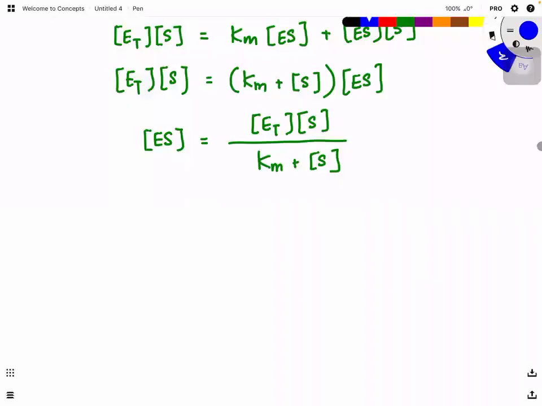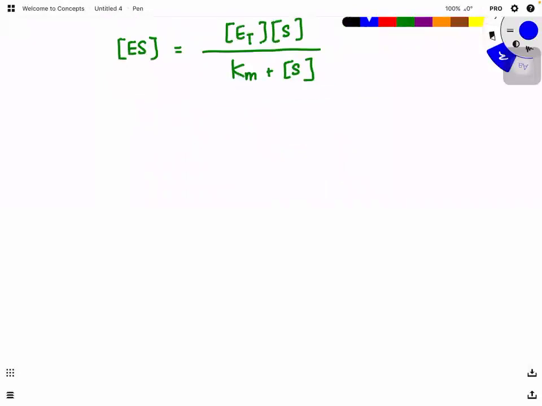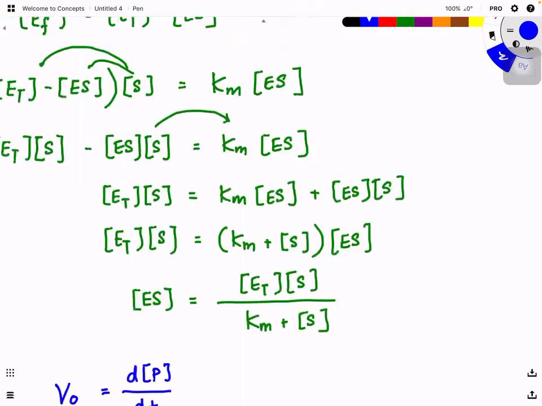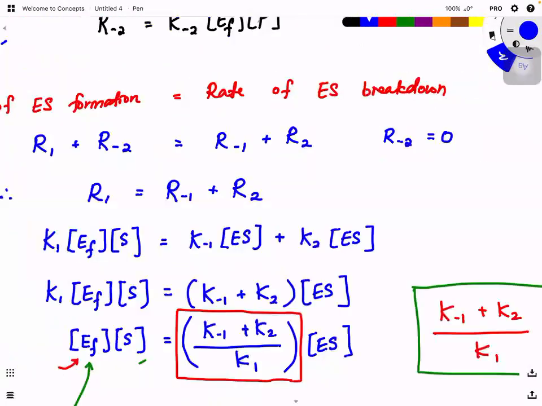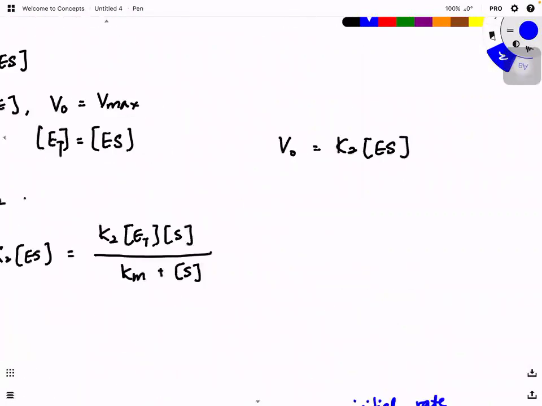So now we know that's the Km plus substrate concentration already. So now we have ES and ET, how are we actually going to make them into the rate of reaction? Okay, so now try to imagine, what is the definition of rate of reaction? The definition of rate of reaction that we know is how fast product can be formed over time. And if we go back to our chemical equations here,